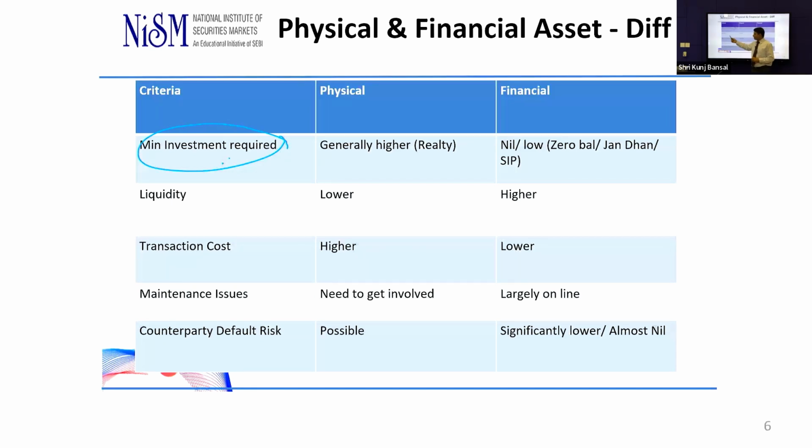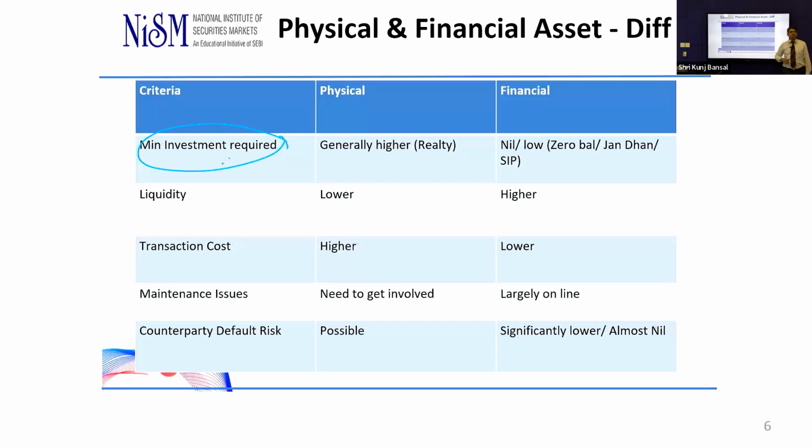Then liquidity. If you have to go and sell a property, a piece of land or a small house, it's not easily liquidatable. You certainly can't sell it in less than a month. It will probably go into 2, 3 months, maybe more, depending on the buyer and seller scenario in that particular locality where you have that property. Similarly, gold also. Gold is relatively easily liquidatable. You can go to the jeweler and he'll easily give you cash. But what are the other disadvantages? When he gives you cash, we'll come to that.